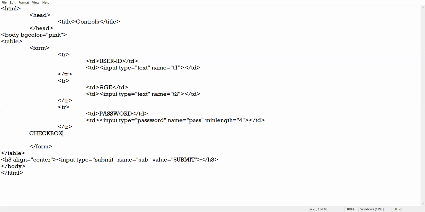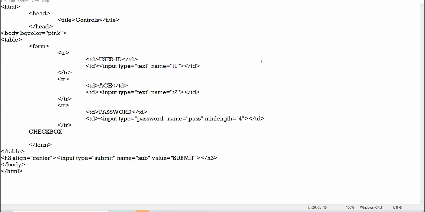Am I clear? So when you are able to select multiple options, that control is checkbox. Checkbox is square in shape, and this control enables the user to select more than one option. Okay, am I clear to all? Yes, class, am I clear?